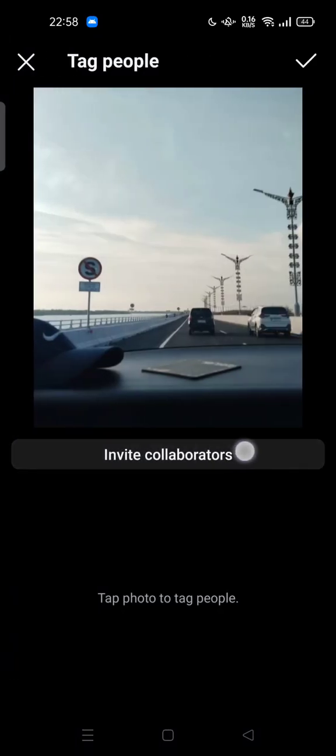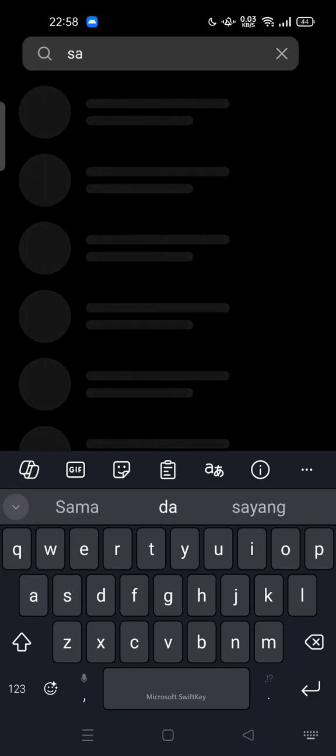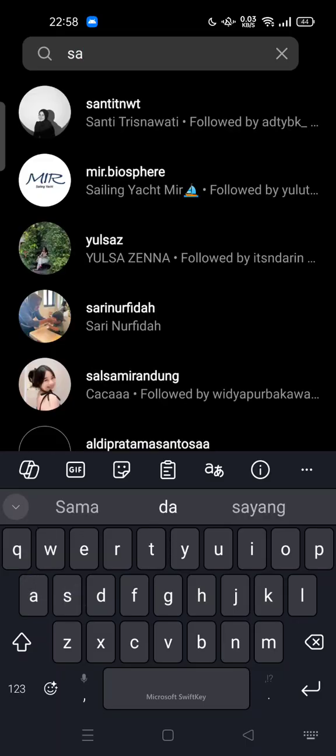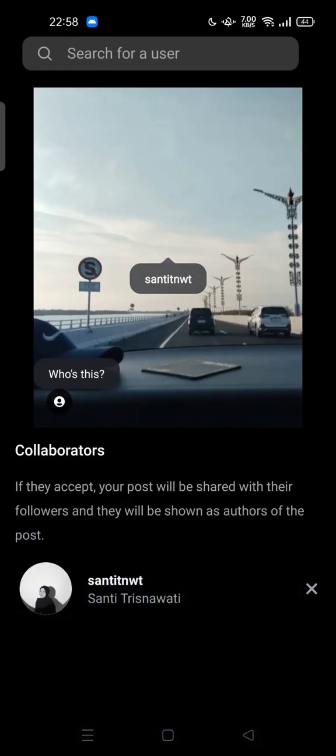Then you can invite collaborators. Here, if they accept, your post will be shared with their followers. So you can choose which person you want to collab. Here, after you tap the person that you want to collab,